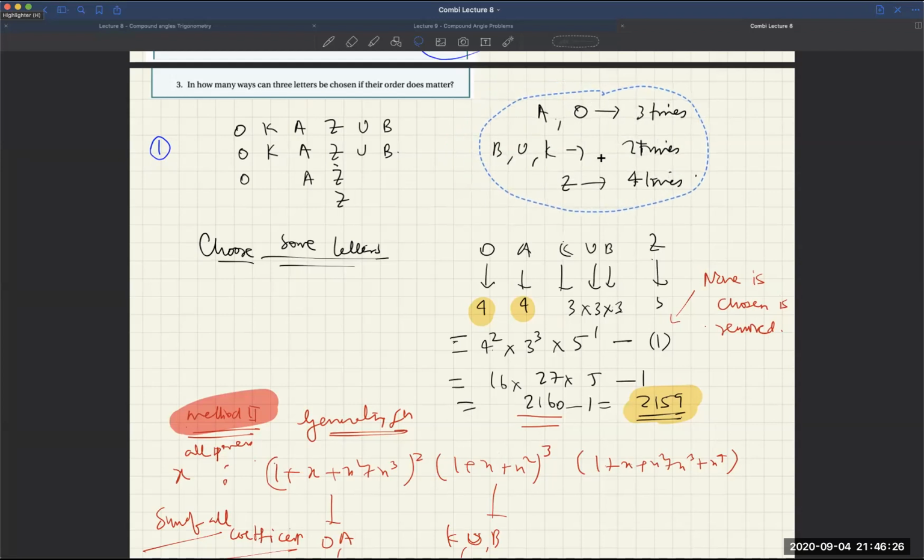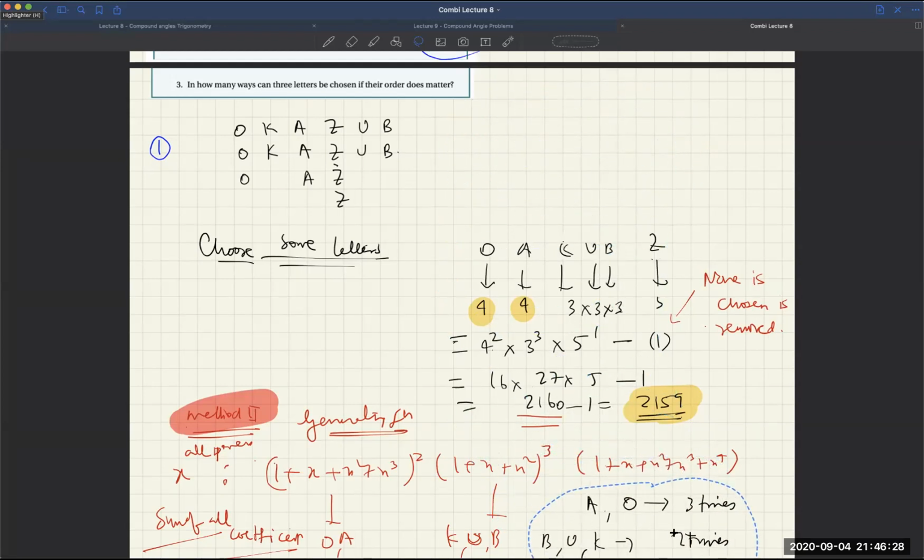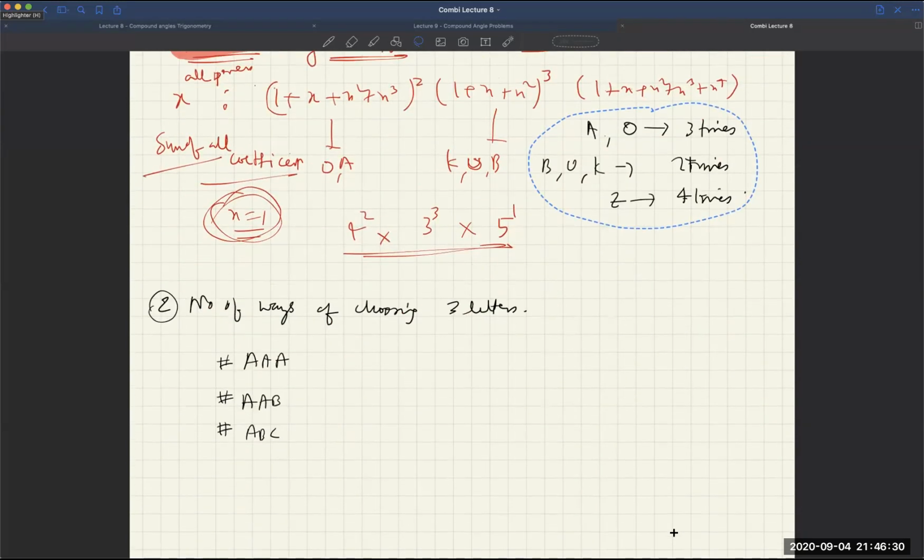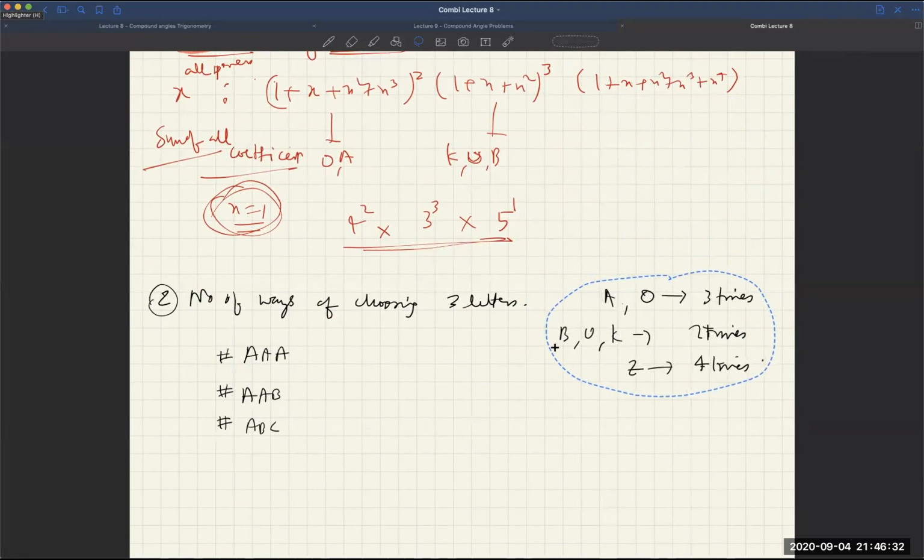What is happening with this problem? Yeah, so we have it here. Now we want all to be identical. If all identical, that means which are possibly helping us for that? This A, O, and Z. Okay, so all these 3 can be, this can happen in how many ways? All 3 are A's, all 3 are O's, or all 3 are Z's, right? This can happen in 3 ways. Am I right? Am I right guys?